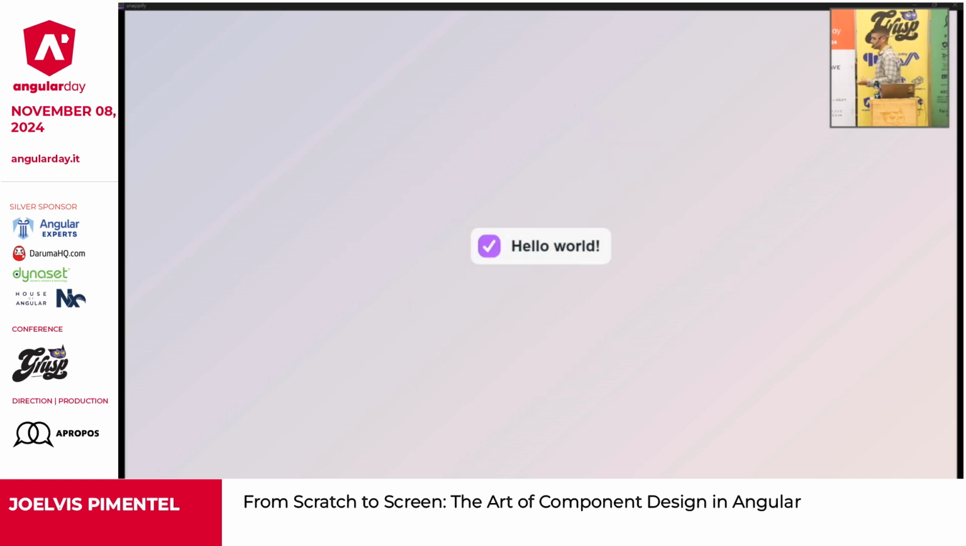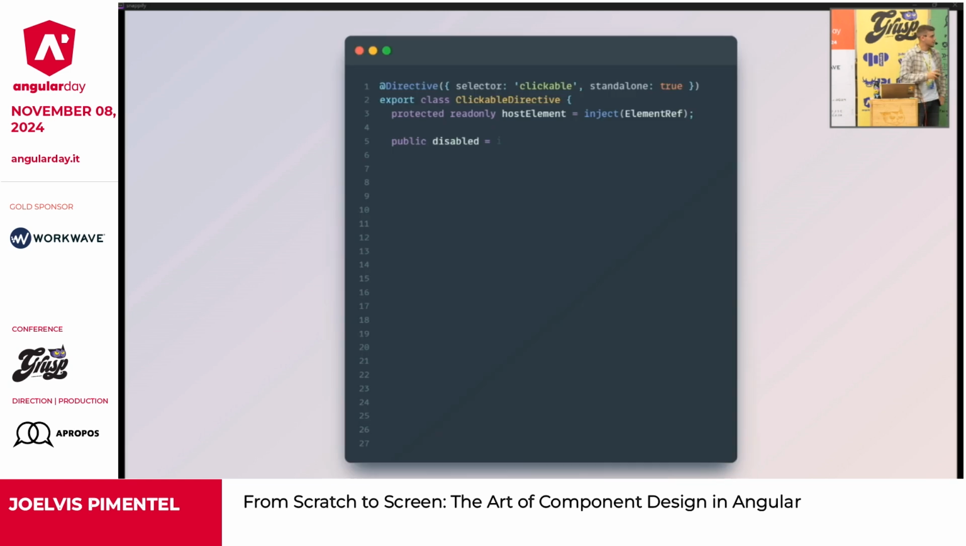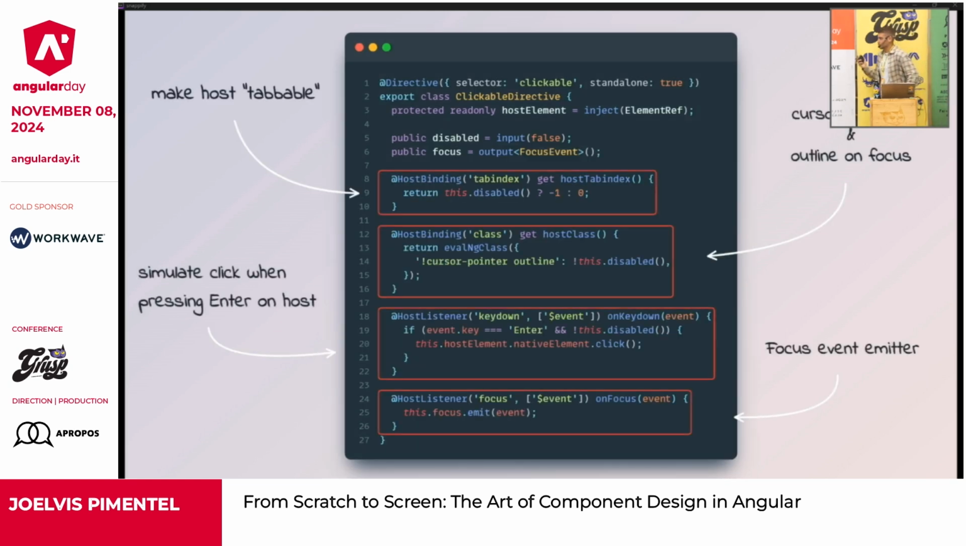Let's say we have the same chip with a checkbox, and we want to extend it with some accessibility features, like maybe tab focus, and making the whole chip clickable. What we can do, of course, is directives. So we can write another directive that will implement all the features we need. And this directive, as a selector, will have our